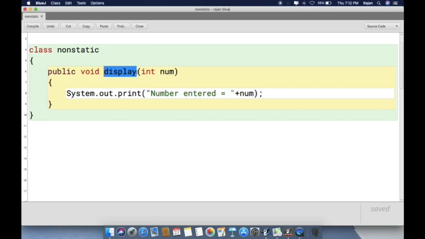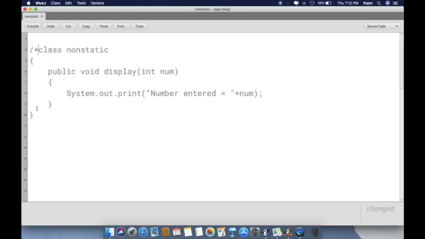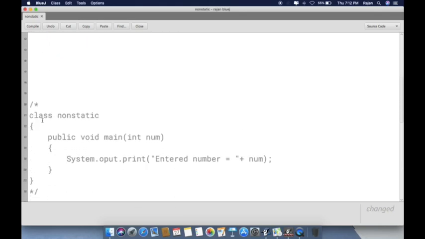The procedure of entering the value remains the same and you will get a similar output. Let's go for the next program. I am just disabling this because our program is here only.